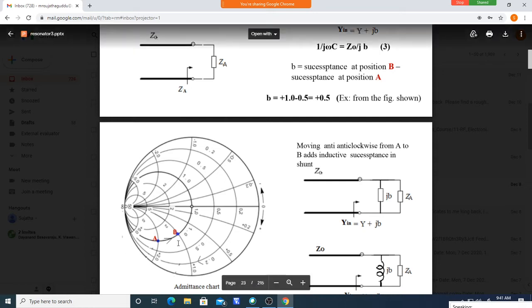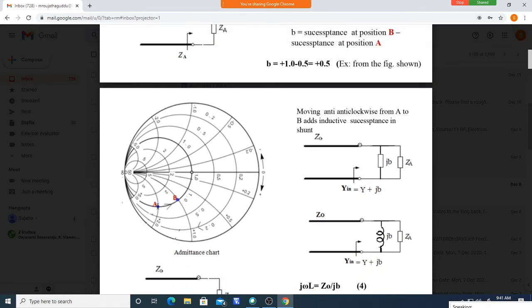Here, this is a conductance circle. Now we are moving on the conductance circle like this. What I am saying is how to find the value of the inductor and capacitor. I have taken just a part of the impedance matching movement: which element will be added if you move in the clockwise or anti-clockwise direction, and how to find the values. I am discussing it separately here.